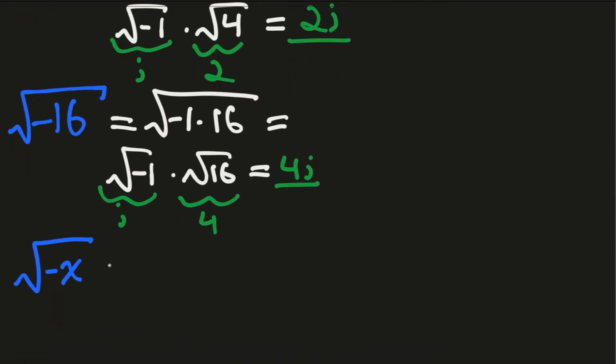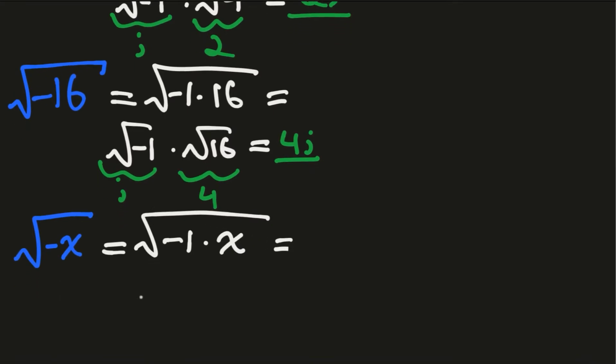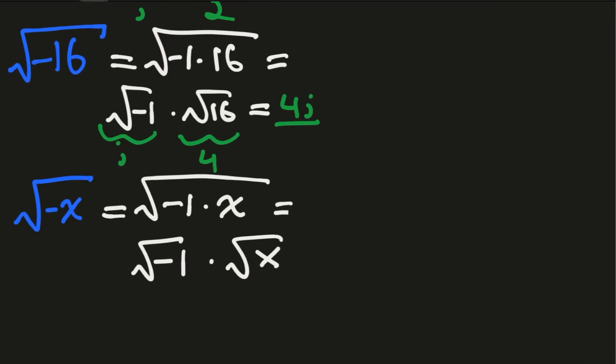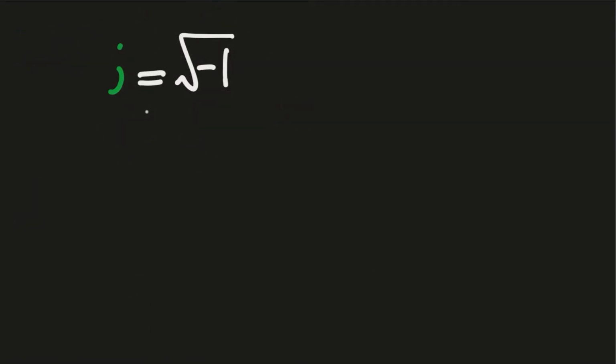And for any negative number -x, we can simplify this into -1 times x, meaning that we are left with two square roots: square root of -1 times square root of x. We know that the square root of -1 is i, and then we simplify the square root of x however much we can, and as such we're left with i times the square root of x. We know that i equals the square root of -1. So let's write this down: i to the first power equals